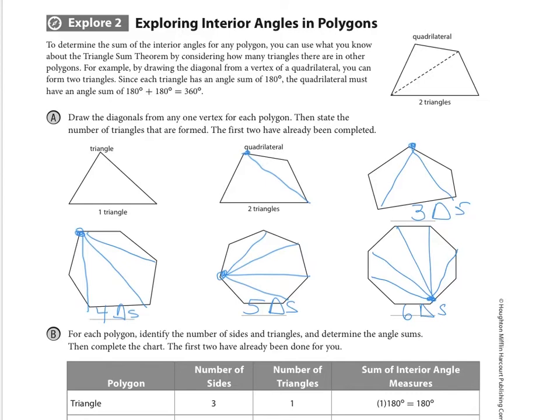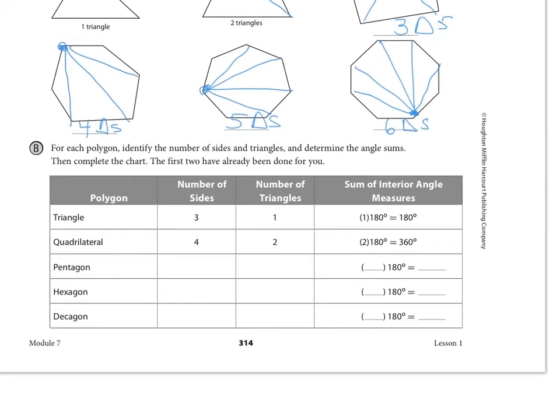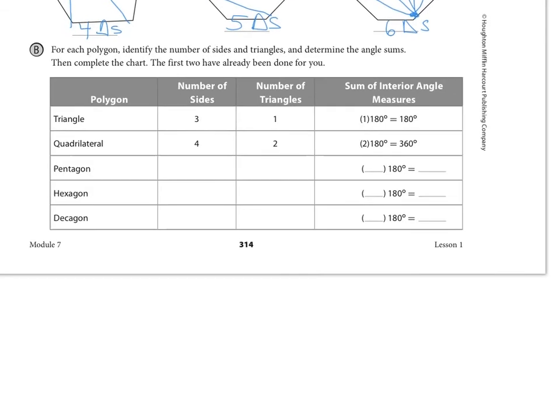Okay, so if what I know is true about a triangle, that is that all the angles have to add up to 180, then depending on the number of triangles I can split the polygon into, that's going to give me the total number of angles in the polygon. So if we go down the page here to the table and we fill in some information that we just drew,